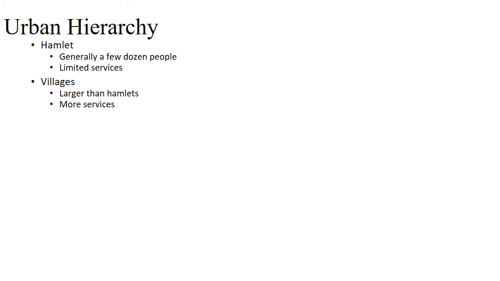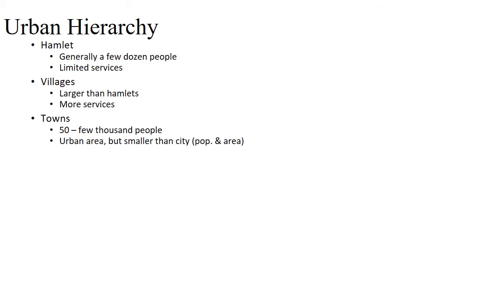Above a hamlet, you would have villages, where you see slightly more services, maybe a post office, grocery store, things like that. Towns generally are somewhere between 50 people to a few thousand people,